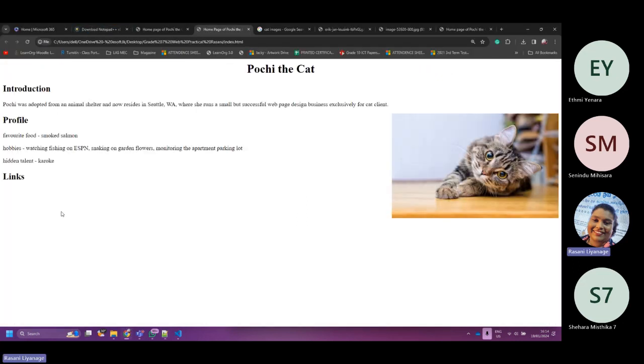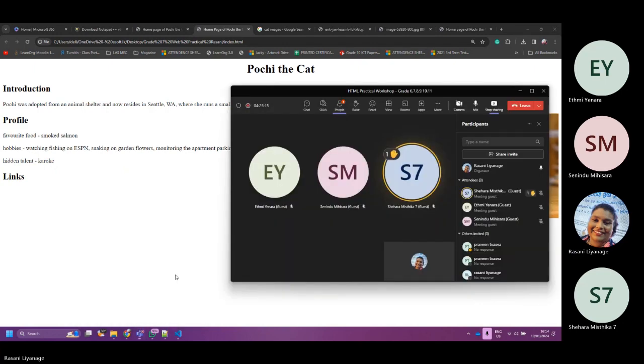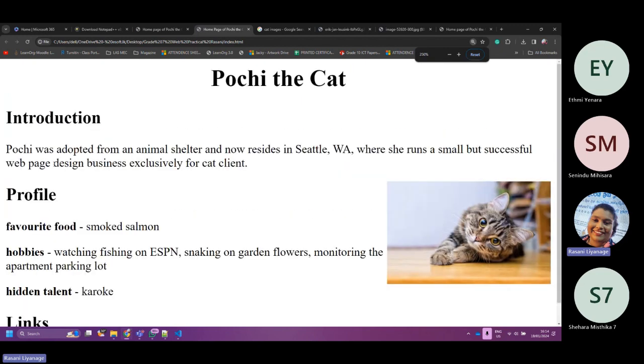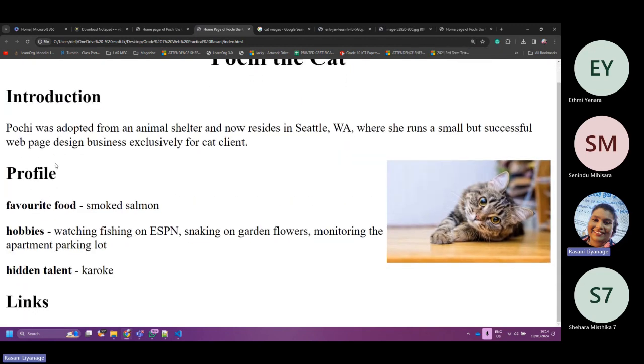After bolding, look here, say favorite food, hobbies, hidden talent, they've been bolded. The B tag makes the text highlighted.